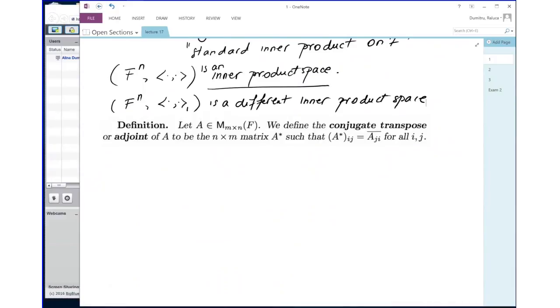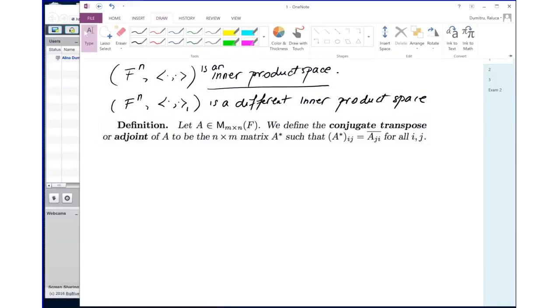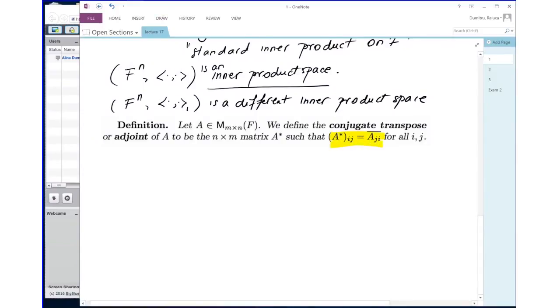Okay, on spaces of matrices, there is also this notion that helps with defining very nice and very useful inner products. So let me remind you about this idea, the conjugate transpose. I don't know if you've seen it before, or the adjoint of a matrix. So it is denoted by A star. Here is the matrix A star with the property that the ij entry of the adjoint is the ji entry of the original matrix, but also conjugate at the same time. So it's what we call conjugate transpose, so kind of like double. So for example,